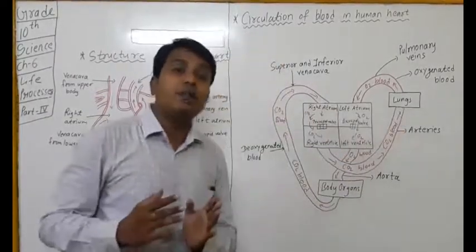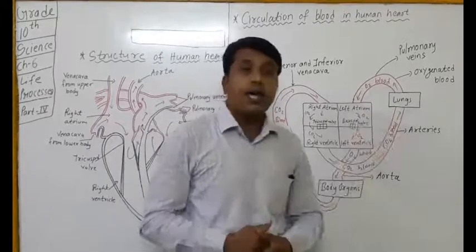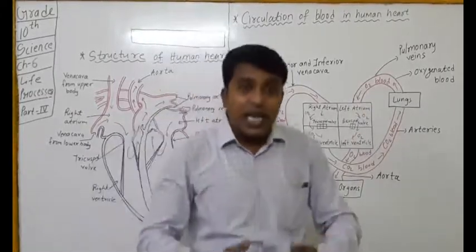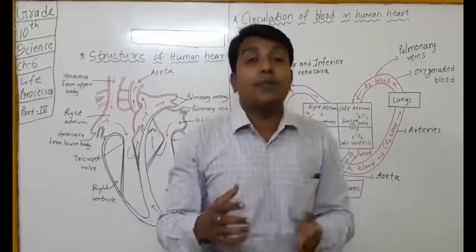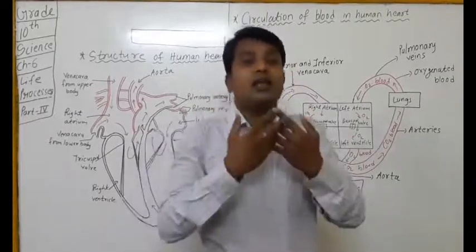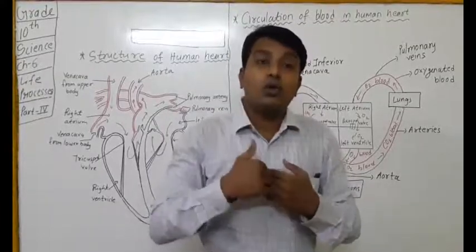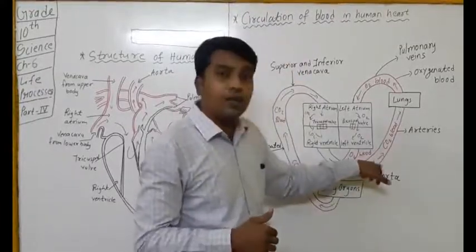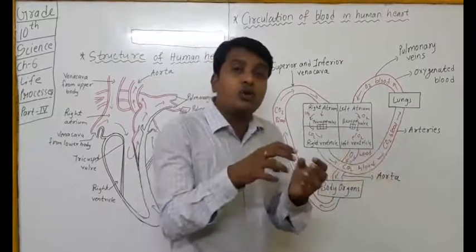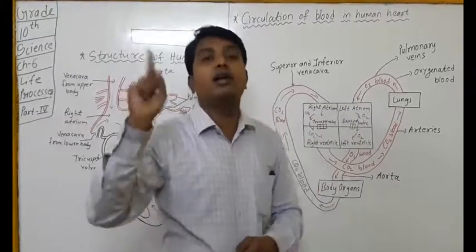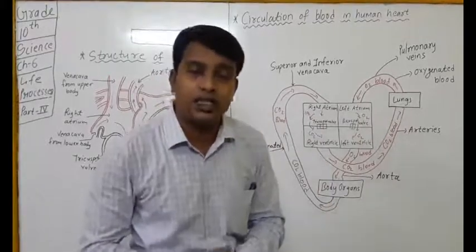Now as soon as the blood enters the lungs, its purification process starts. That means when we inhale, by the process of respiration, we take O2 into our lungs. That O2 gets mixed with this impure blood, and whatever CO2 was there in the impure blood is taken out, and we exhale it through our respiratory system.